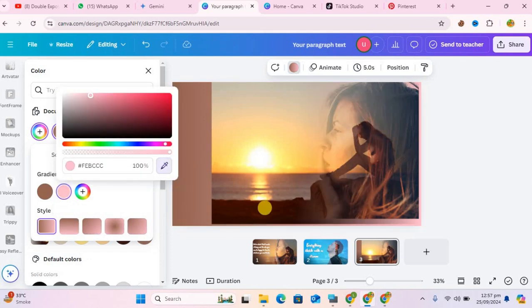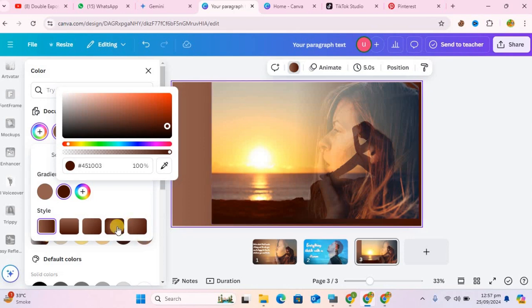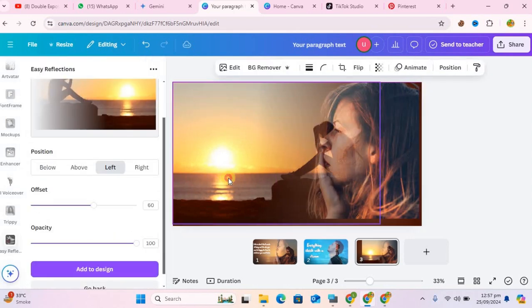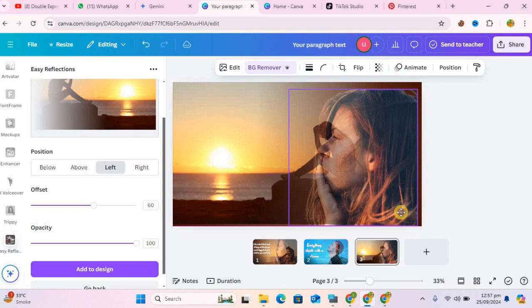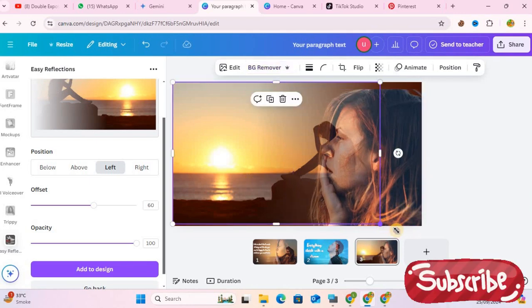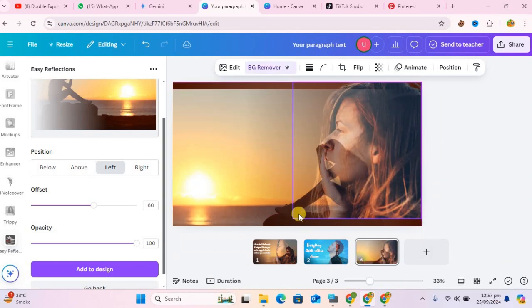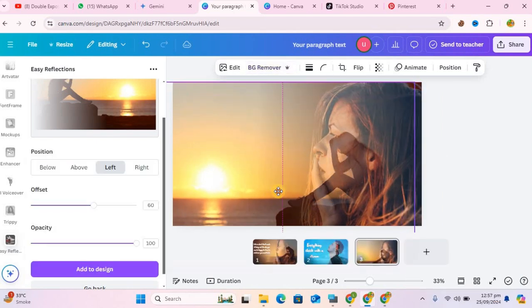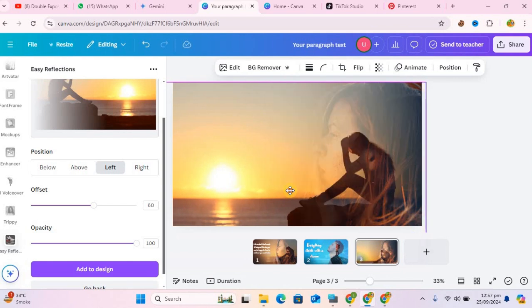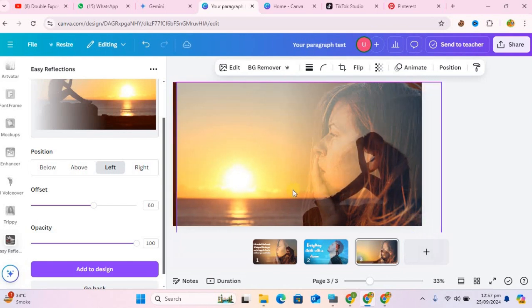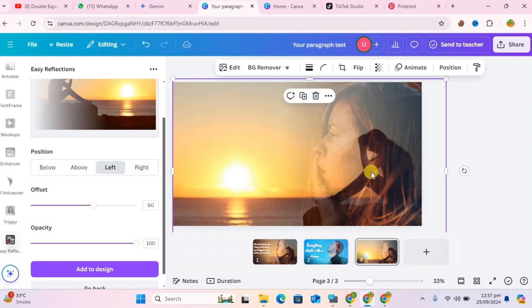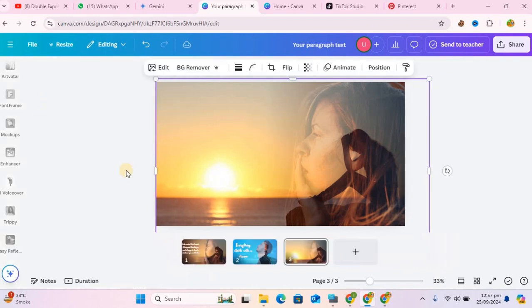The other color should be this and this one. Write any code over there, close it,